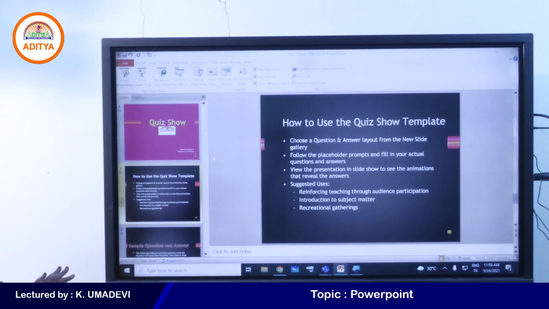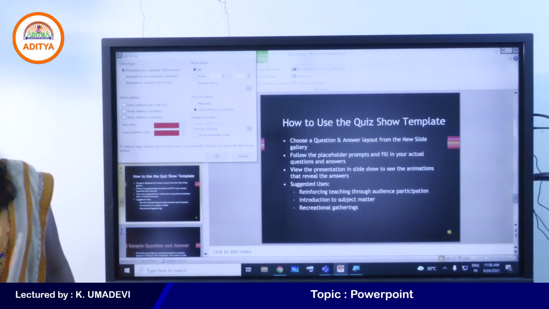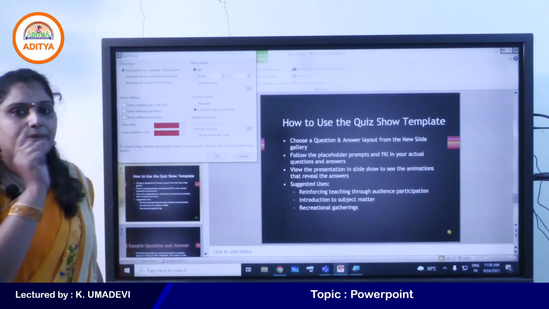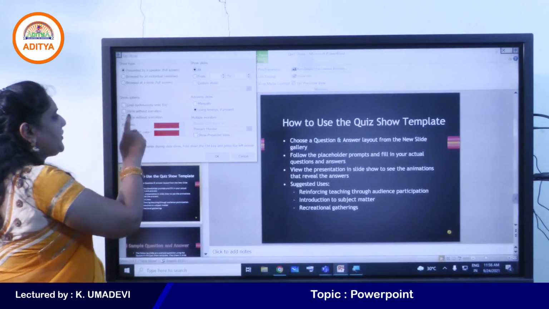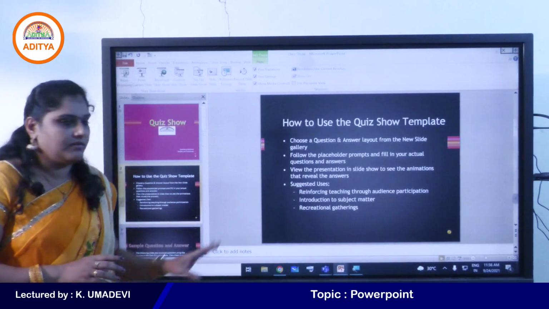See, the presentation will end, right? So if you want to repeat it again and again, starting from the first slide, simply select Loop continuously until Esc under the Set Up Slideshow dialog box.